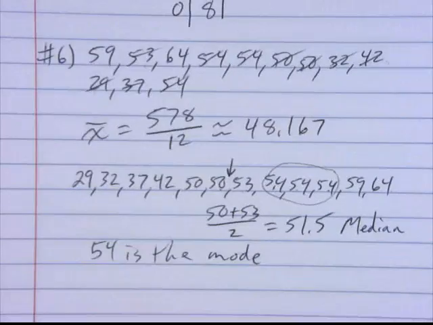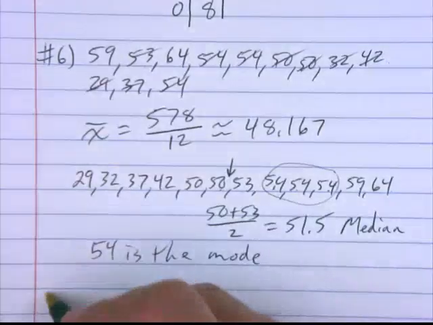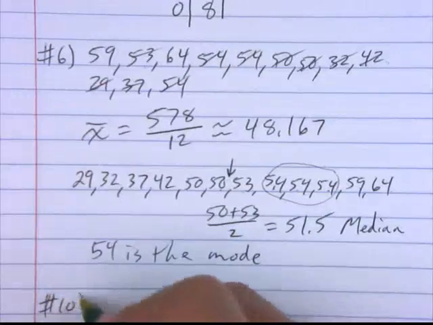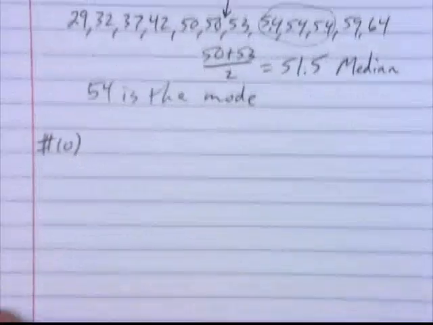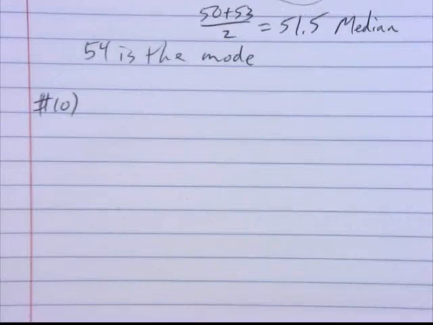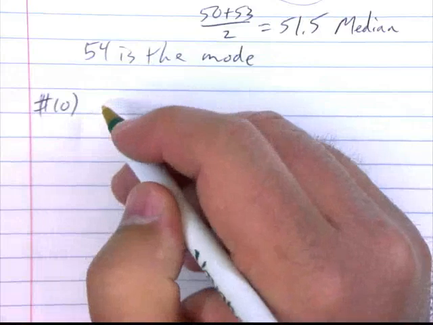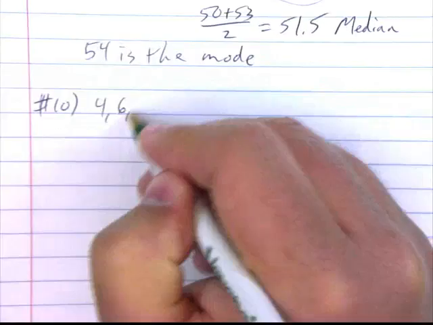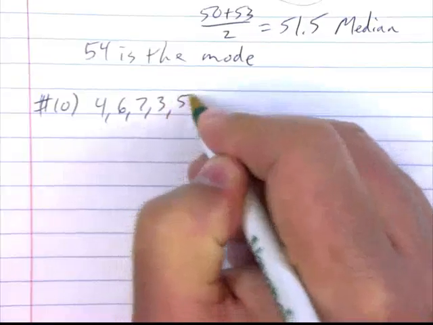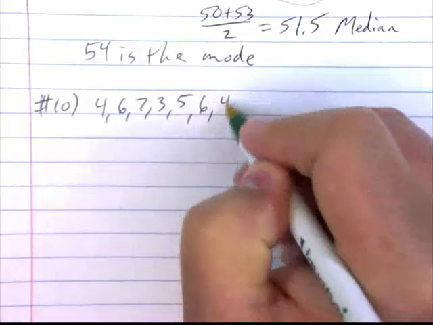Okay, so that's number 6. The next one that we want to look at is number 10. So number 10 says, calculate the simple standard deviation for the following distribution. So remember what we're doing, we're finding standard deviation. The first thing we need to do is take our numbers 4, 6, 7, 3, 5, 6, 4, and 5,